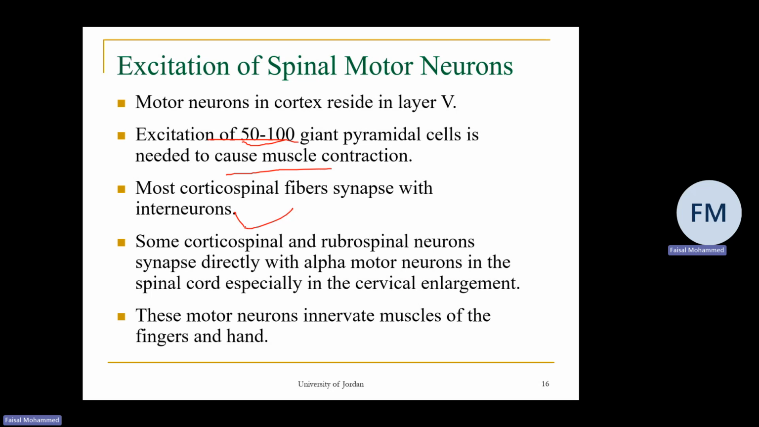Some corticospinal and rubrospinal neurons synapse directly with the alpha motor neuron in the spinal cord, especially in the cervical enlargement. These motor neurons innervate muscles of the fingers and hands. If the stimulus comes directly to the motor neuron, this means that the movement is more precise, because there is no